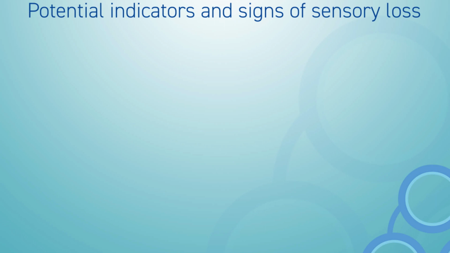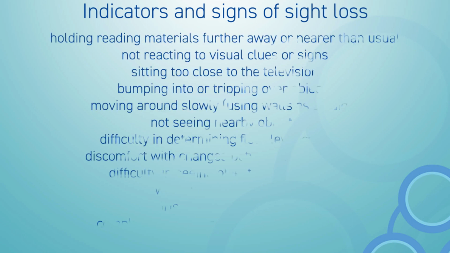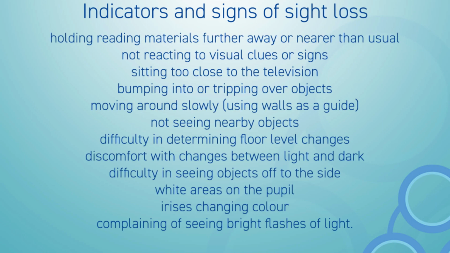Potential indicators and signs of sensory loss. Indicators and signs of sight loss. Holding reading materials further away or nearer than usual, not reacting to visual clues or signs, sitting too close to the television, bumping into or tripping over objects, moving around slowly, using walls as a guide, not seeing nearby objects,